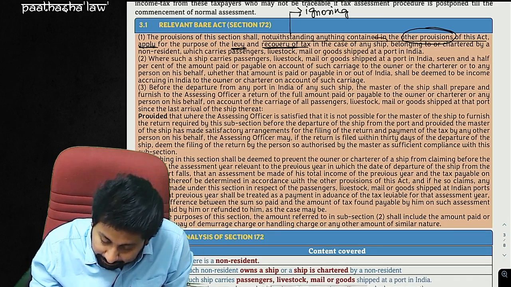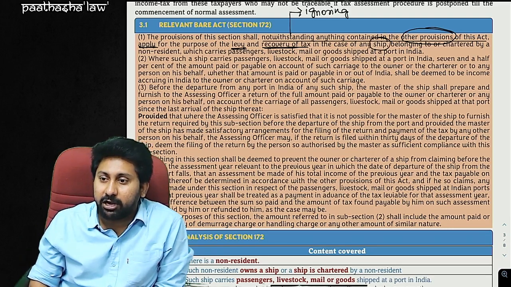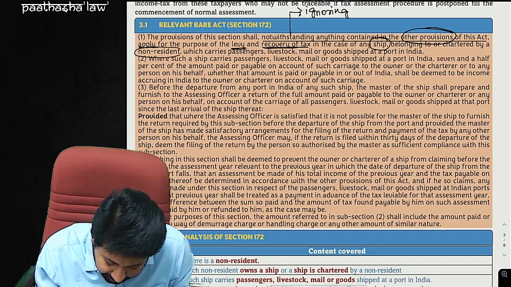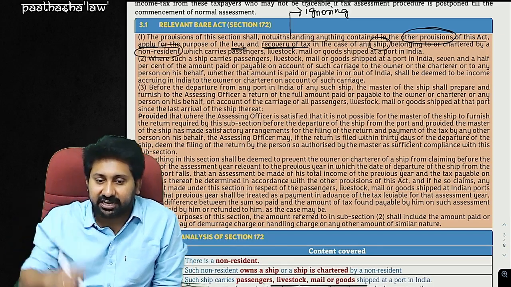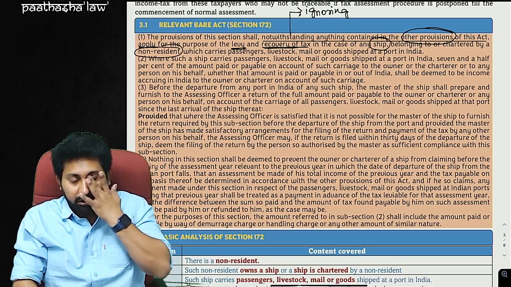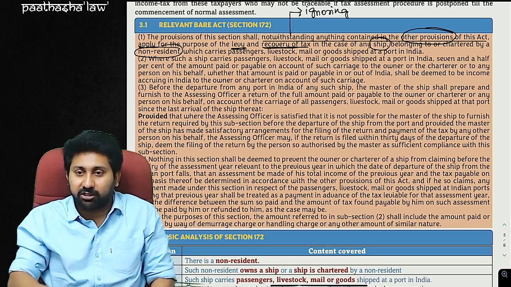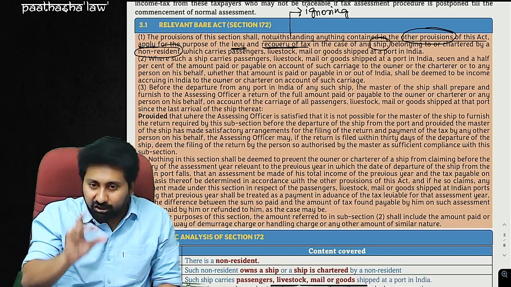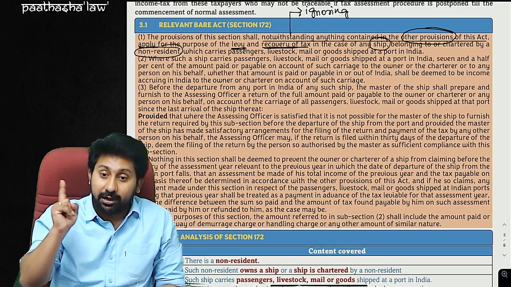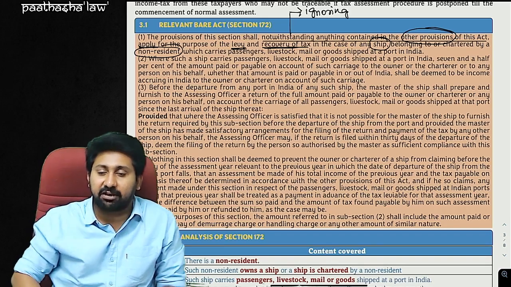case of any ship. First one, it's a shipping business, very good, belonging to or chartered by a non-resident. Definition of non-resident next lecture I will explain. So next lecture we will be discussing residential status. There we will focus on counting dates, all those things also we will do, but focus is not on that. That's IPCC focus. That also I will cover, but only one illustration on that. Main focus will be on non-resident related concepts, which is very important for CA Inter as well as for CA Final.